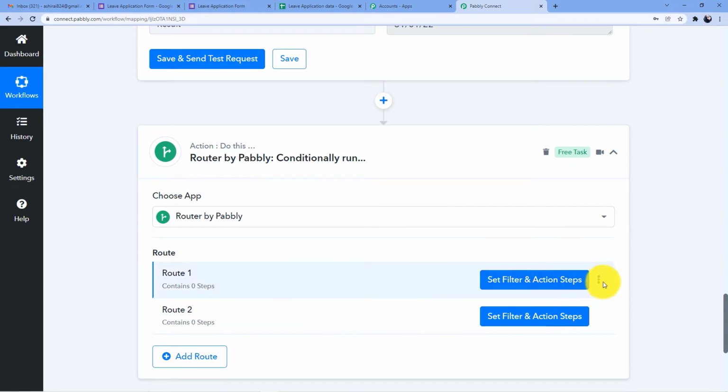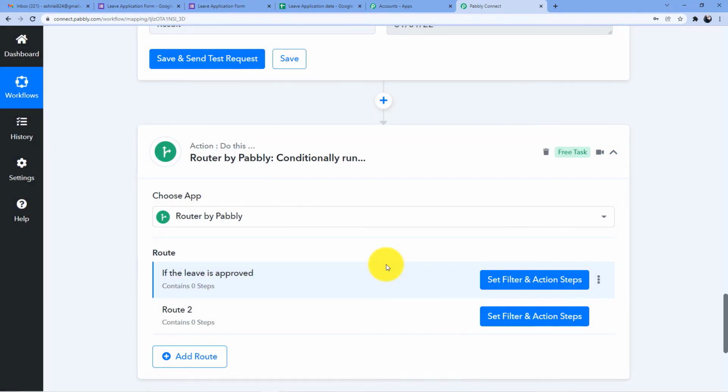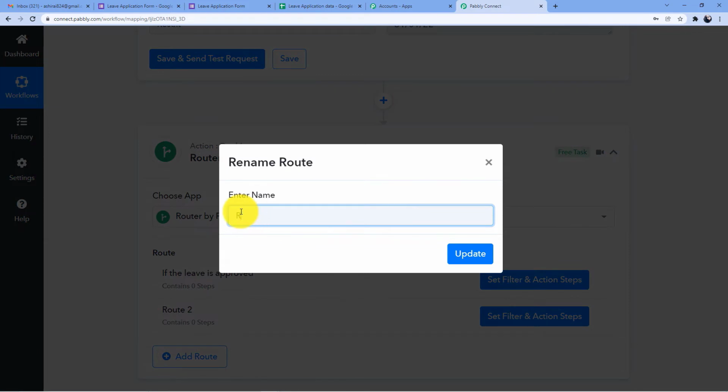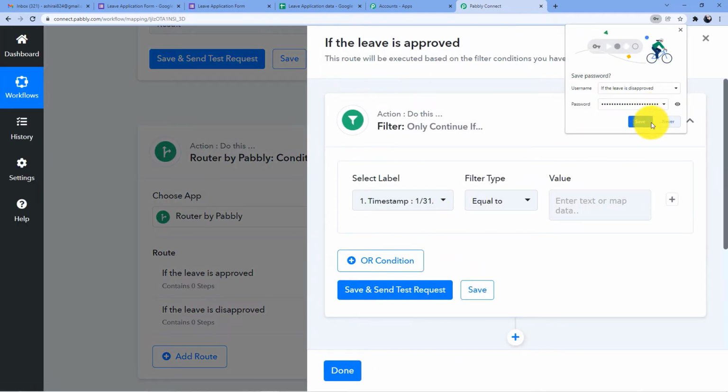Now, first one is if the leave is approved. Okay. Update. Second one is if the leave is disapproved. Okay. Now what I am going to do, I will just go to set filter and action step. And now